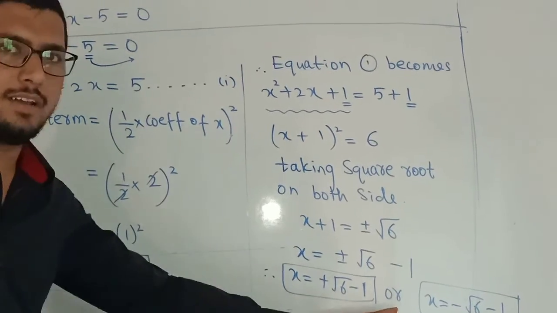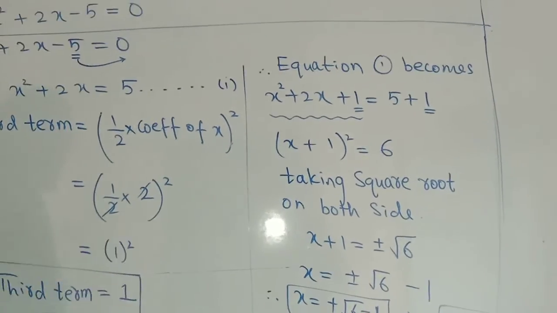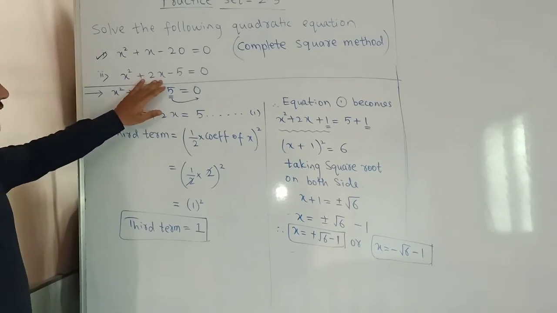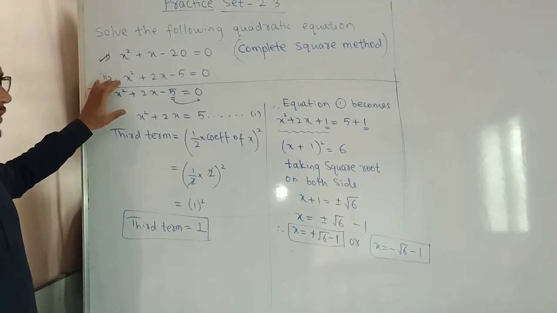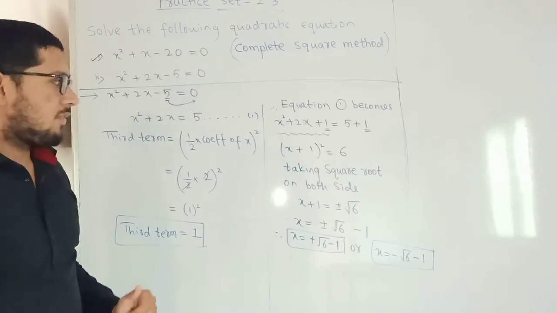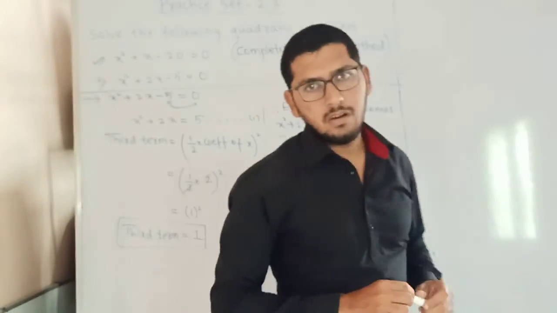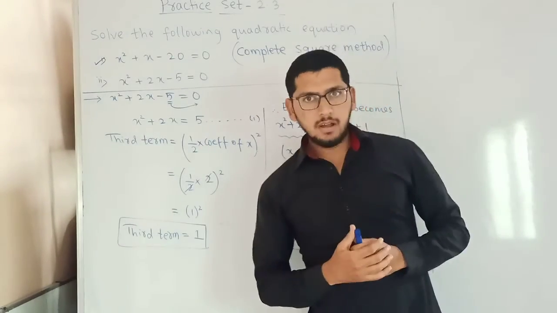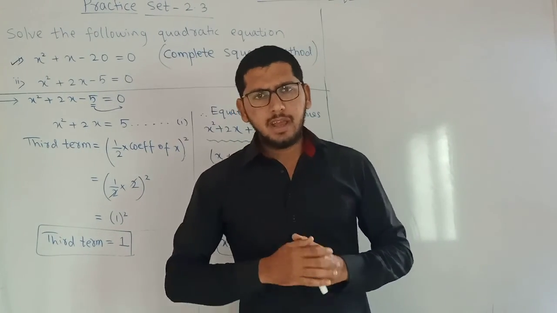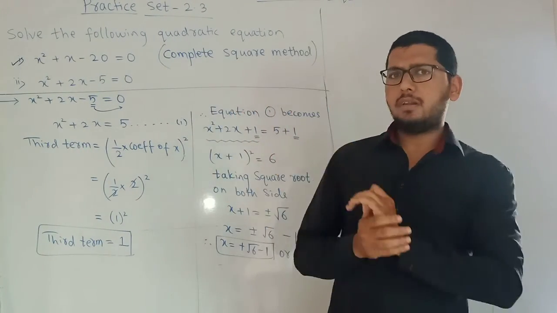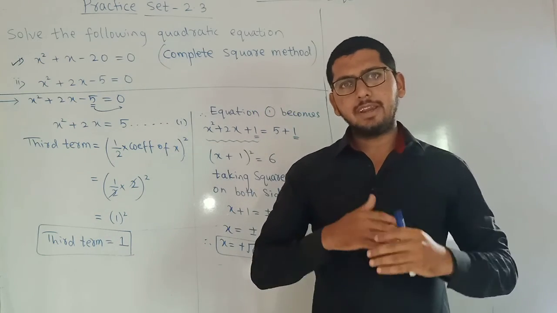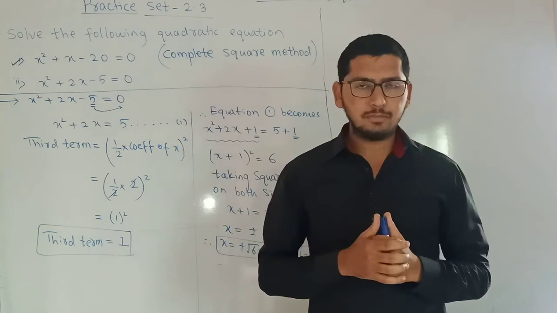This is the answer. Okay, so this completes the second example of the complete square method, and we have done two examples of this type of question, the complete square method. So we finish with the second method. In the next lecture we will see the third type, that is the formula method. And if you have any difficulty with this example, first you try to solve it at home, and if you are still getting any difficulty, you can ask me on WhatsApp.